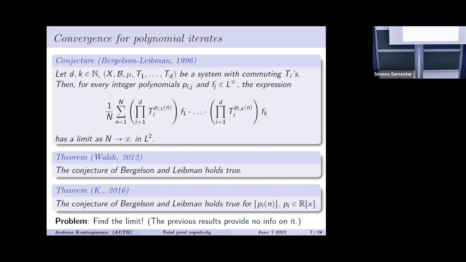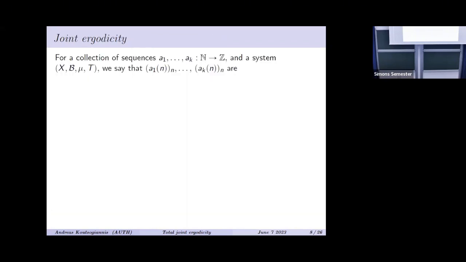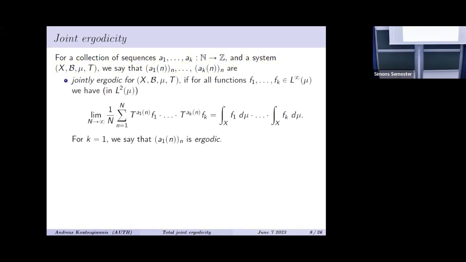And what you want to do is to study the case where the limit is the expected one. So it's a little bit different than what the other guys defined, even though it's the same. So I'm not going to define T to some power. I'm going to just deal with sequences. As I said, it's the same, but it's stated a little bit differently. If I have a collection of k integer valued sequences, and I have a system, Kostas defined it for an ergodic system, but I don't care. I'm just doing it in general. We say that these k sequences are jointly ergodic for the specific system